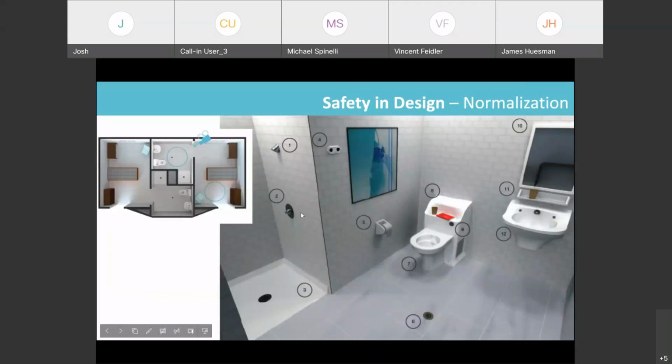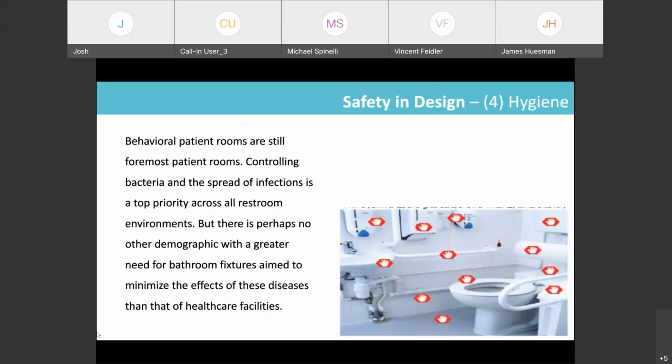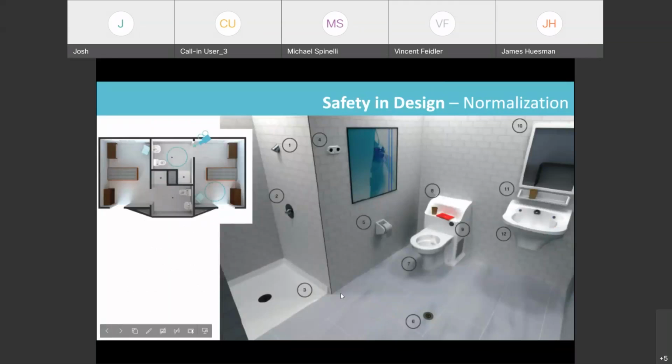So this depiction kind of shows a standard patient restroom. The restroom is obviously the one place within a facility where the patients will get any sort of privacy. So the restroom is typically where things, if anything, are going to happen. So we look at the number one fixture, the shower head. You can see a very streamlined design. It's a very soft edge, but not allowing anything to be able to loop around there with the way it's